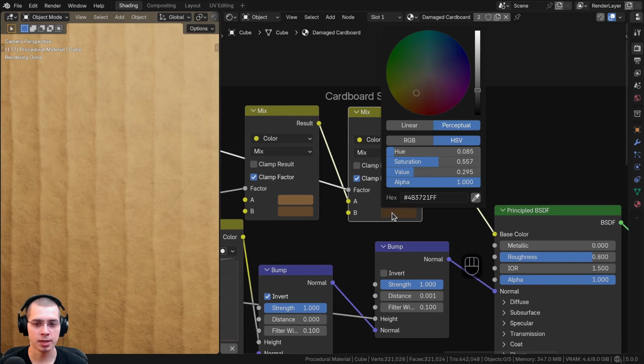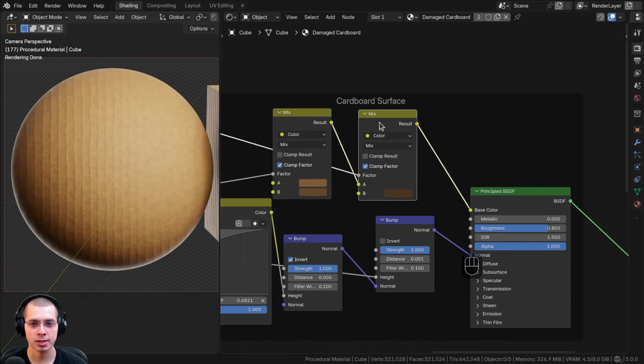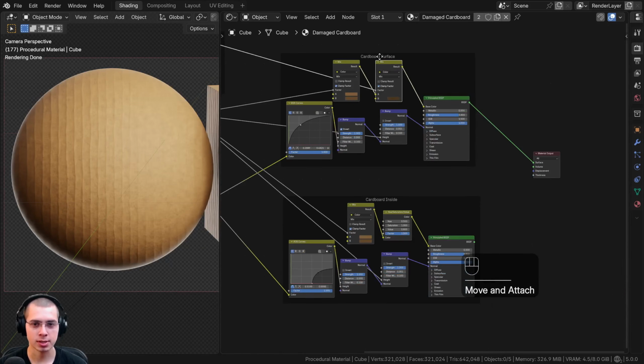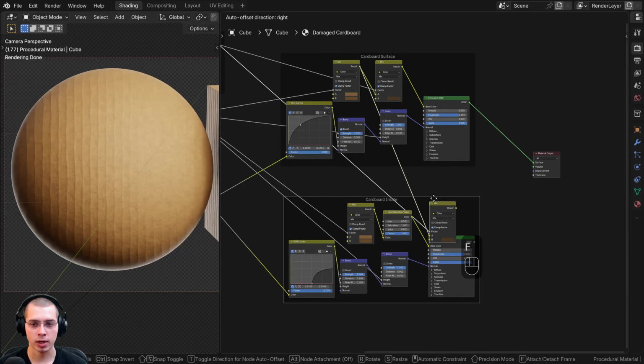And if you want to use the same hex code, you can punch in 4B3721. So you can see it just adds a little bit of imperfection, which makes it look more realistic. So we'll select this mix, and I'll press Control Shift D to duplicate the nodes but keep the wires plugged up. I'll hit F to bring it out of the frame, and let's drag it right down here and stick it